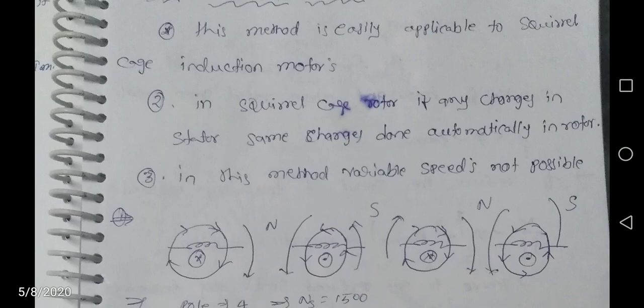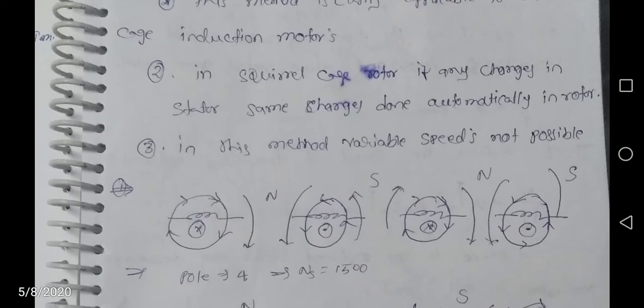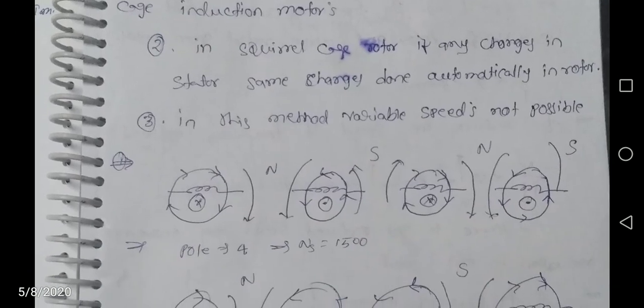When there are four groups of conductors, see here, the first conductor, second, third, and fourth conductor. In the first conductor, it is a cross mark. A cross mark indicates incoming current, and a dot mark indicates outgoing current. The third conductor is again a cross mark, and the fourth conductor is a dot mark. So there are alternating incoming and outgoing conductors.